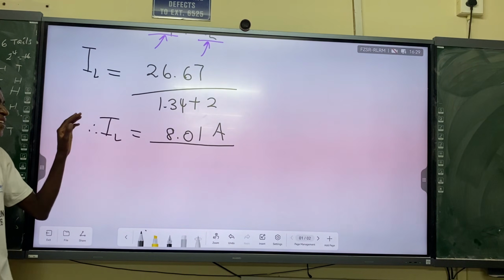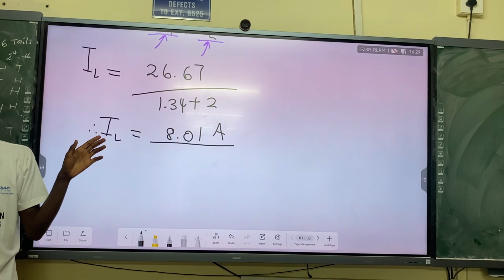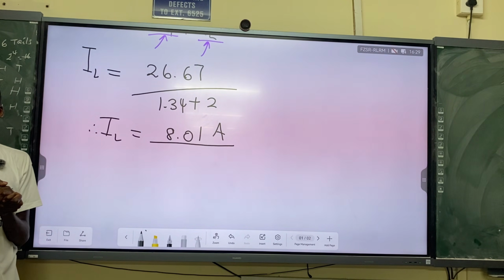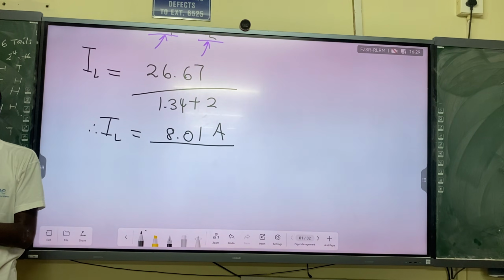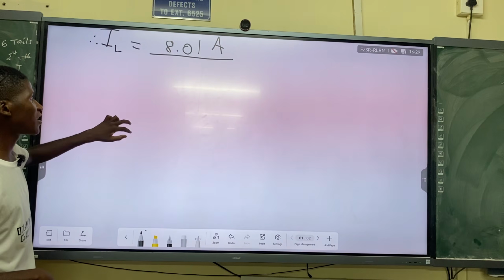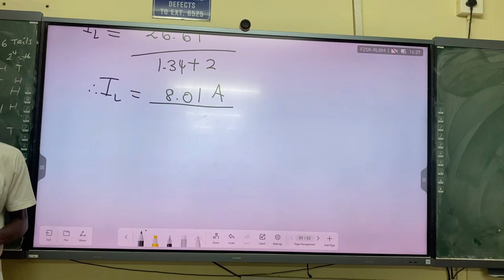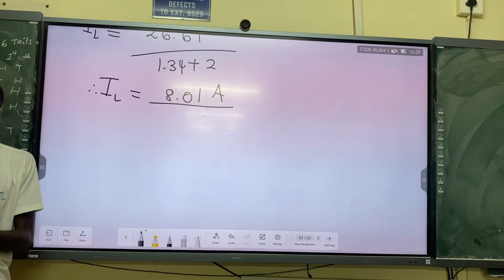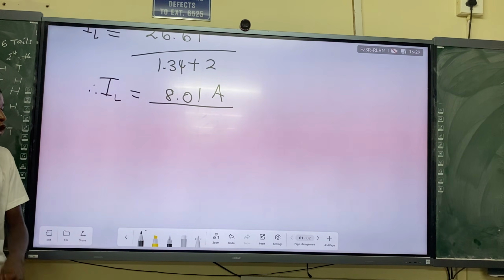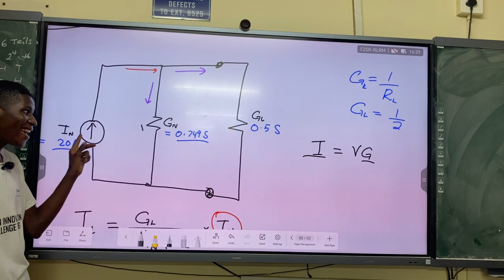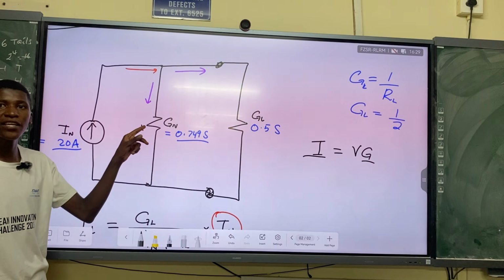It is the same. Thevenin's theorem and Norton's theorem are actually equivalent. They are the same thing, but you must know how to convert from one to another. In Thevenin's theorem, as we said, you have a voltage source in series with the total resistance, but Norton's has an ideal current source I_N in parallel with G_N.